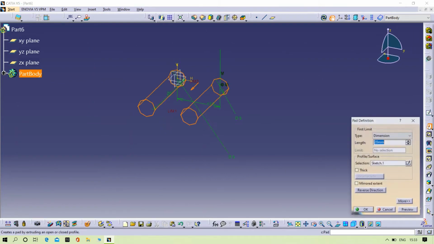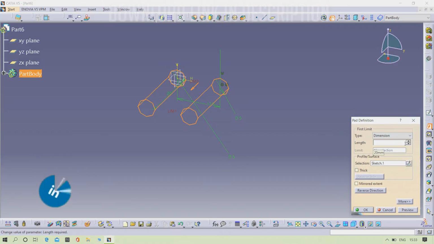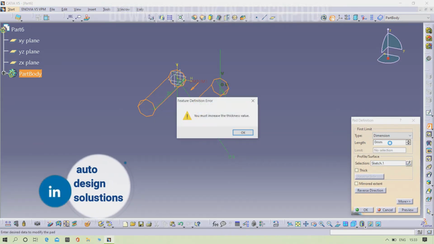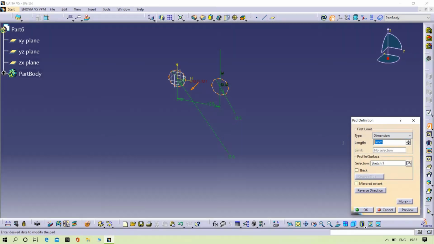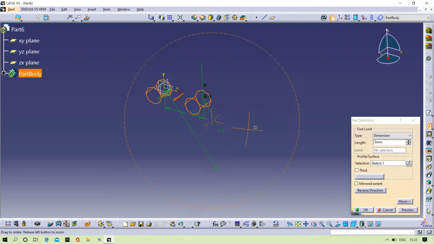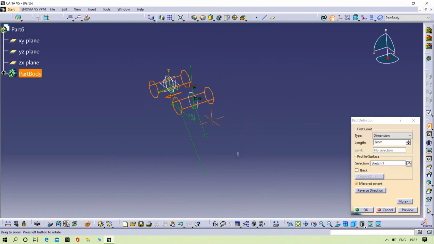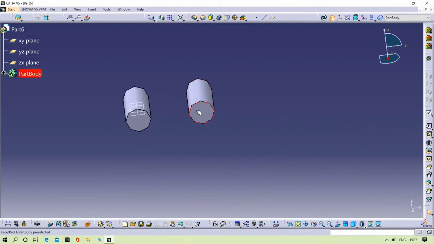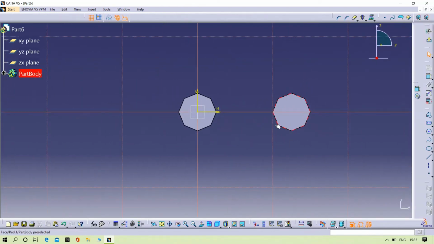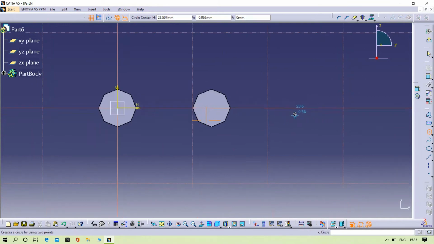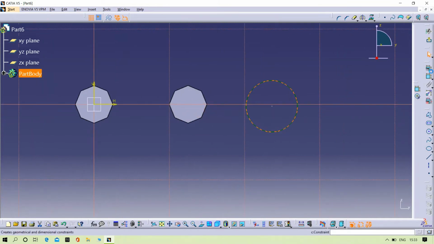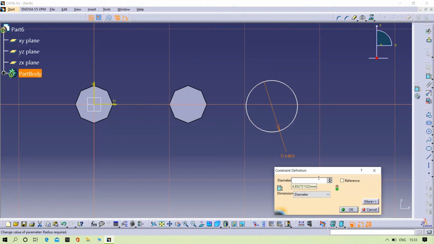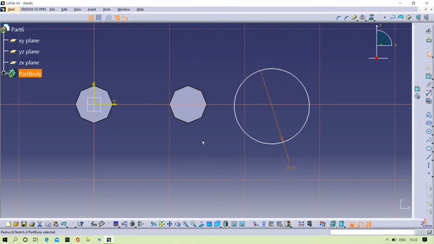Extrude the part up to 10 mm. Mirror. Give the 5 mm. Mirror it. Yeah, it is enough. Then try to select any face of the circle and then try to draw the 10 mm circle.